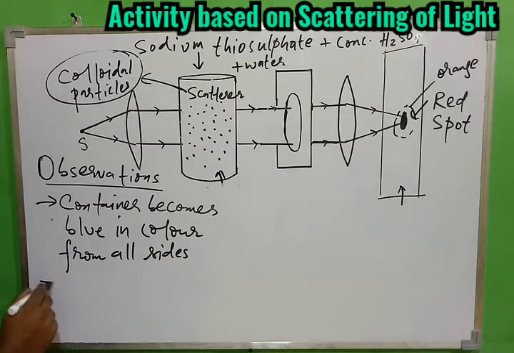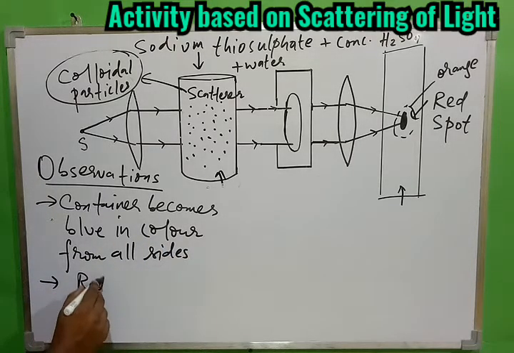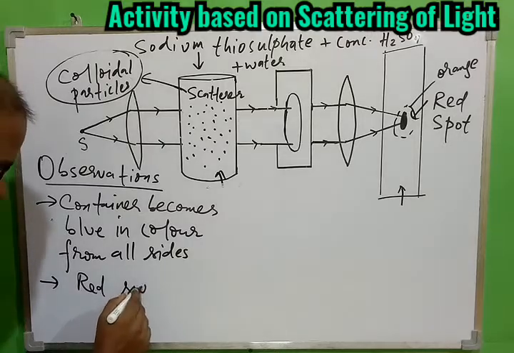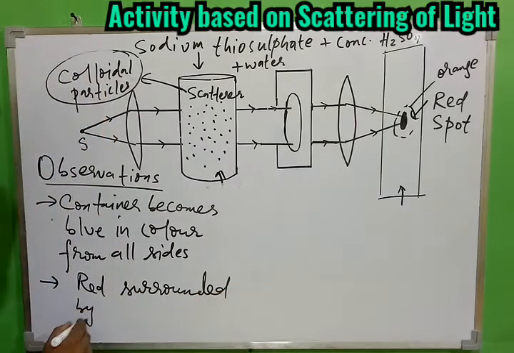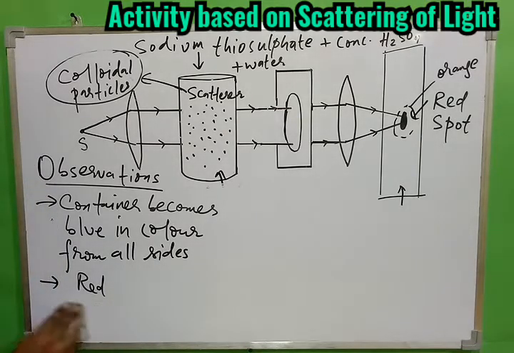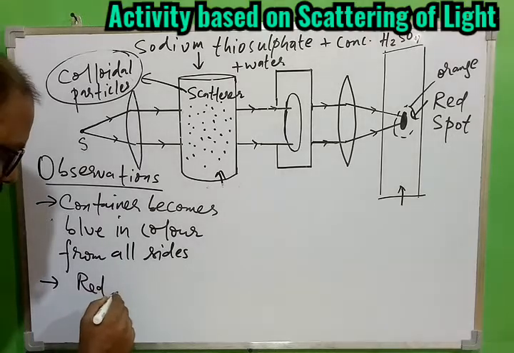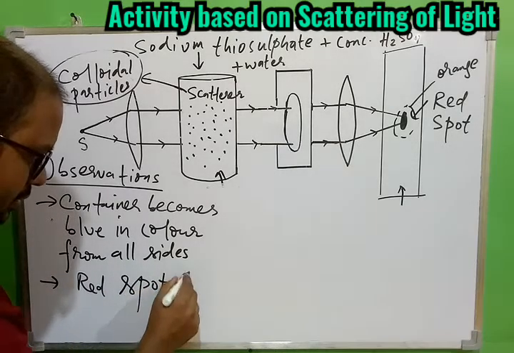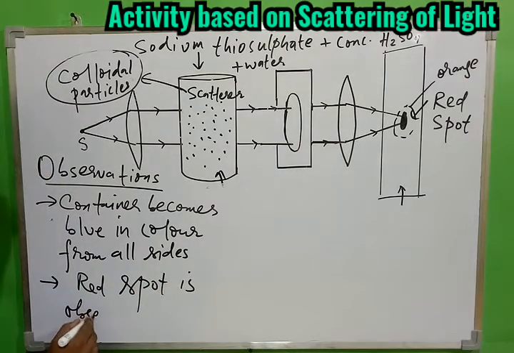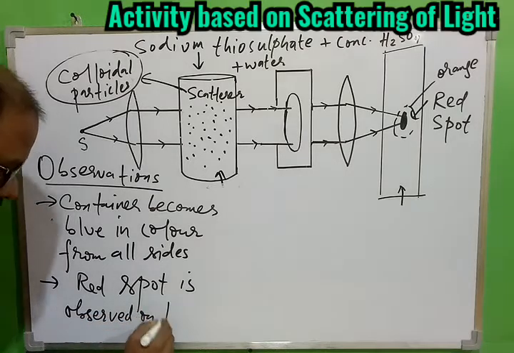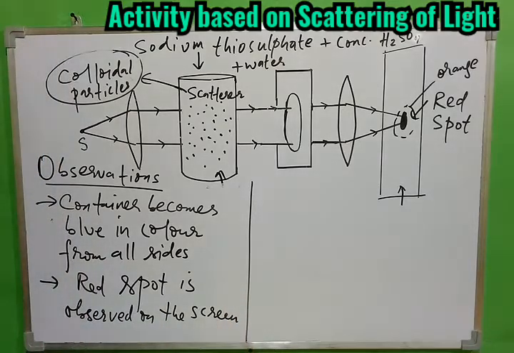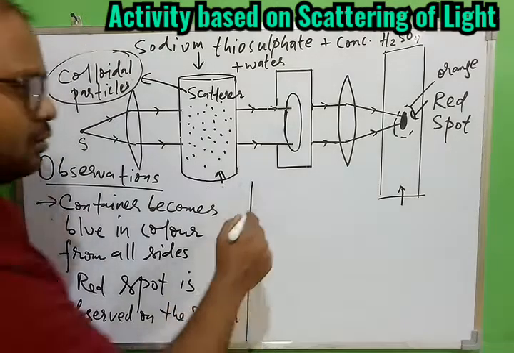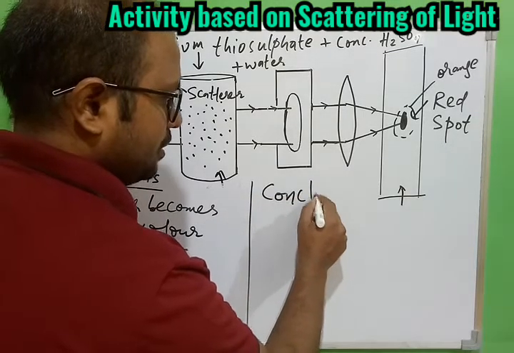Second thing, a red spot is observed on the screen. So these are the observations we have, and why it happens, I hope you are able to understand also, because